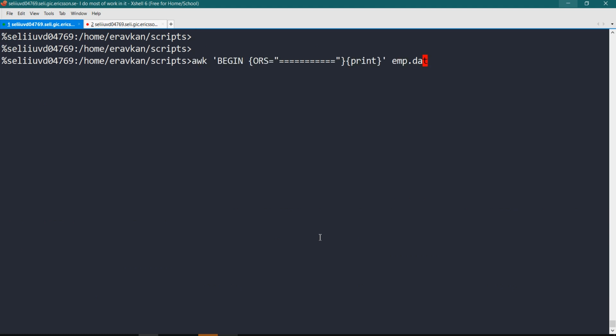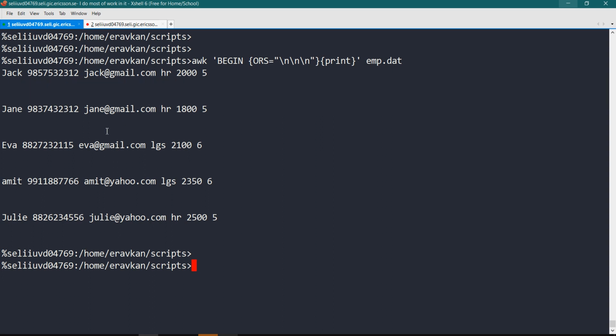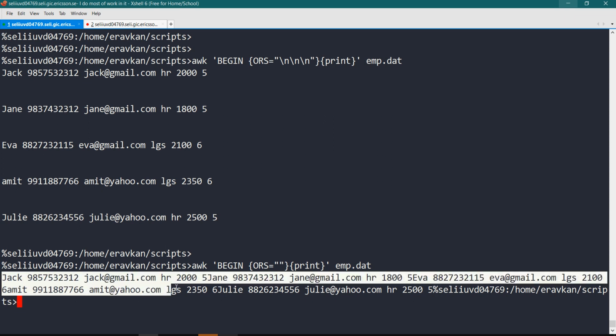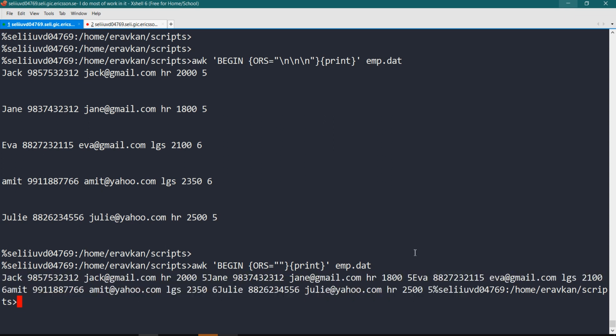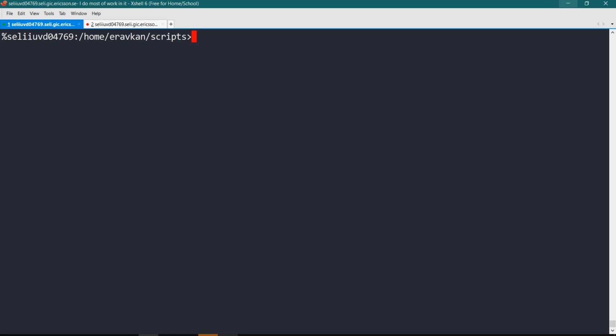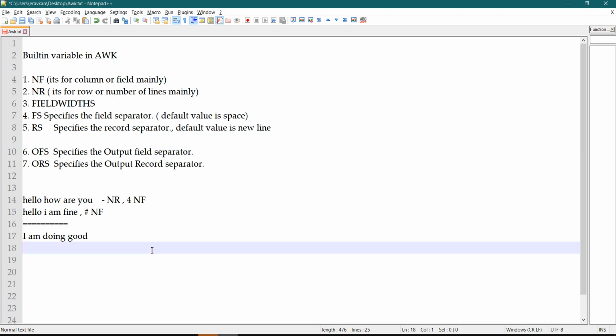Okay, here I will make one change, because suppose I want to separate my records by 3 new lines. So see, 3 new lines are there. So my records can be separated. So with OFS and ORS I can control how my records will be separated. If I give ORS nothing, an empty string, then everything will be clubbed with each other. There is no separation. So in this way, by using OFS and ORS, you can do magic when you print your output.